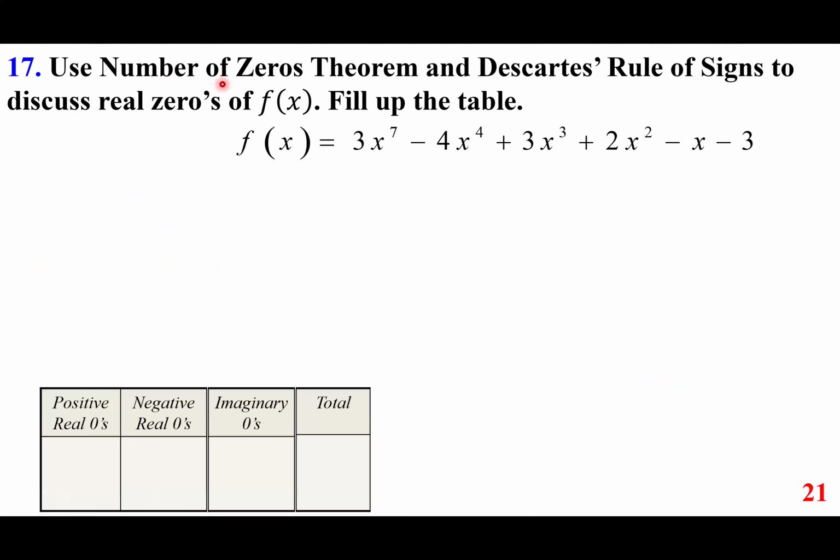Use the number of zeros theorem and Descartes' rule of signs to discuss real zeros of f of x. Fill up the table. f of x is 3x to the power of 7 minus 4x to the power of 4 plus 3x cubed plus 2x squared minus x minus 3. So